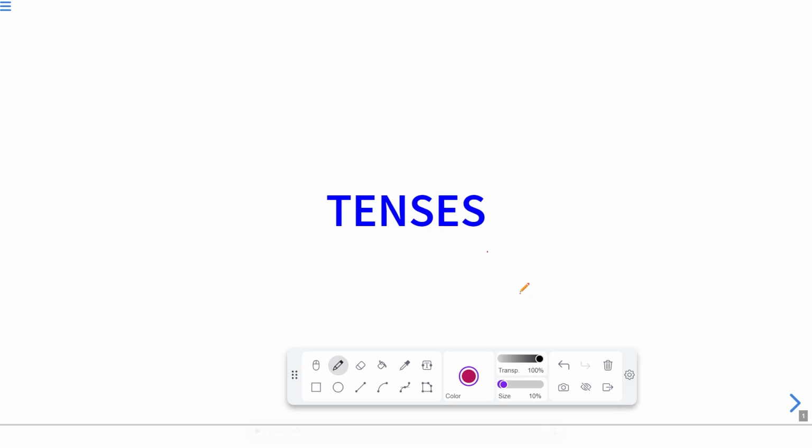In this session, we are going to continue with our chapter tenses. We have already covered some sessions on tenses. In this session, we are going to discuss another tense, that is past tense. We have already covered present tense in our earlier sessions. So in this session, we are going to cover the tenses which are used in past time or which show the past time. Okay, so let's begin this session.